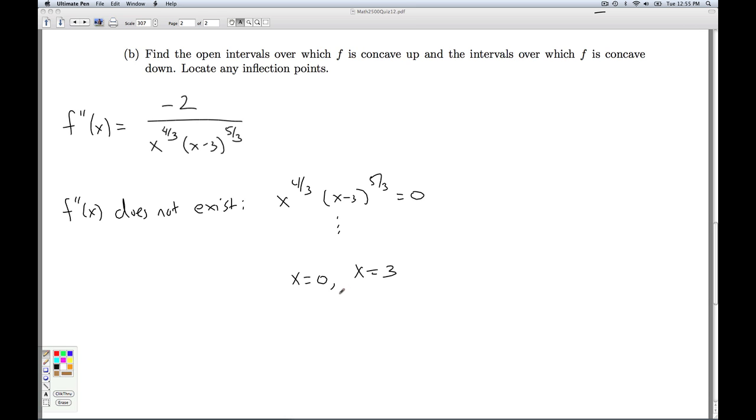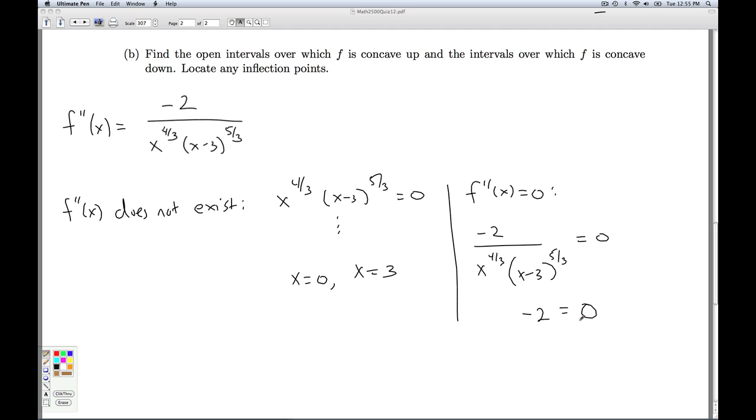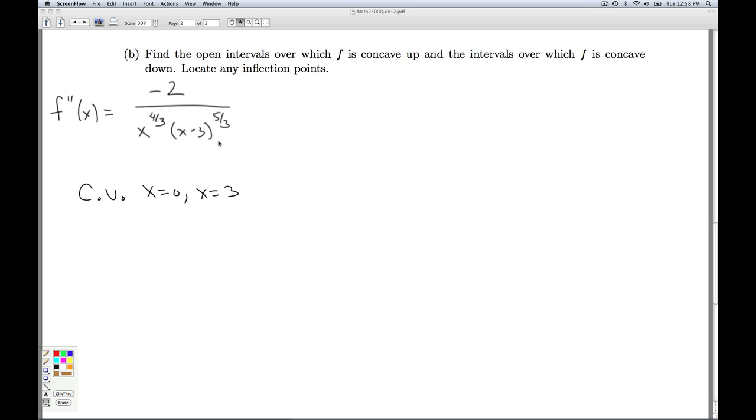So, you know, these are like bad pennies. They're not going to go away. Setting the second derivative equal to 0, well, that's not going to get you anything. Because if you clear out the denominators, you're going to get 2 equals 0, and that never happens. So the only critical values we're picking up are x equals 0 and x equals 3. Okay, so here's my second